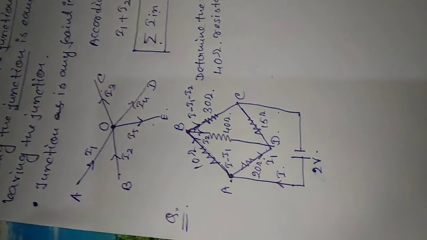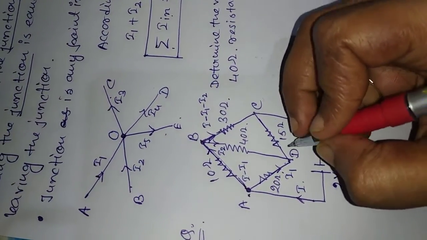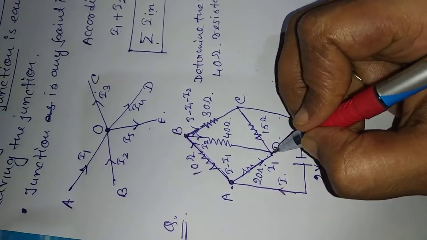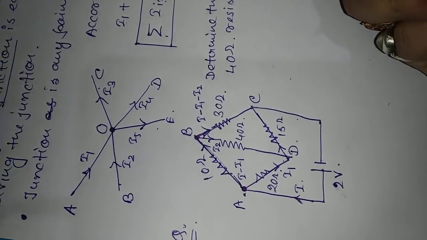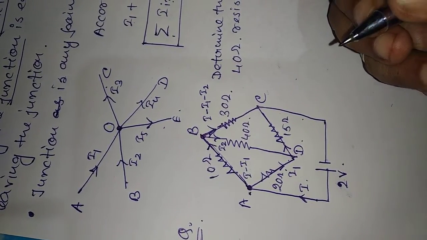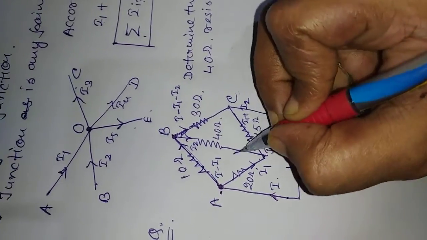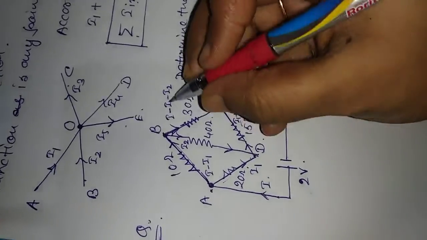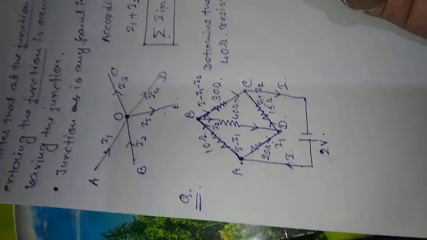Clear? And whatever current is passing through this, suppose here I2 is coming, and from here I am getting I1. From here I2 is coming, here I1 is coming, so through this I1 plus I2 will come. And in general, if I add this, whatever the current will be here, it will again be I.